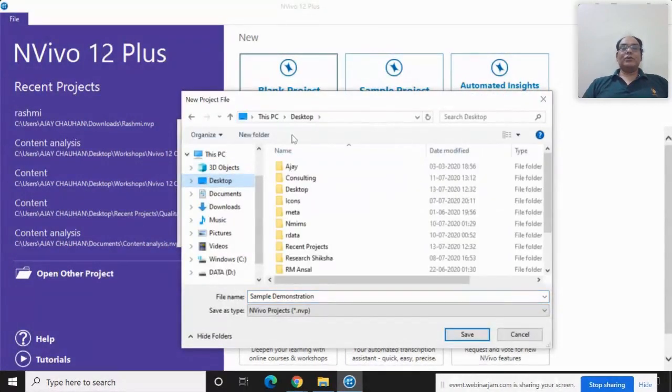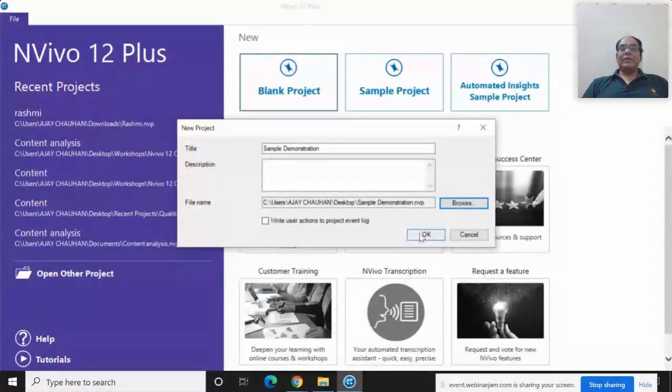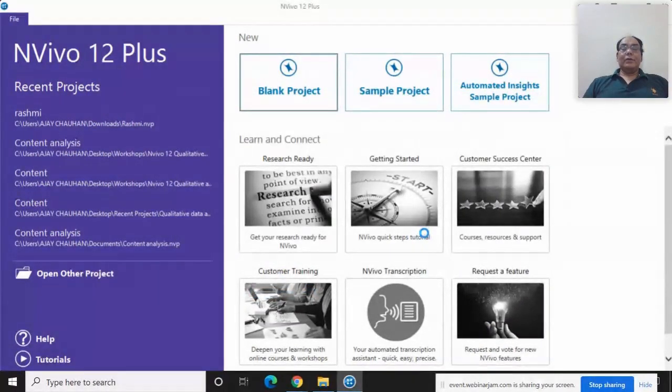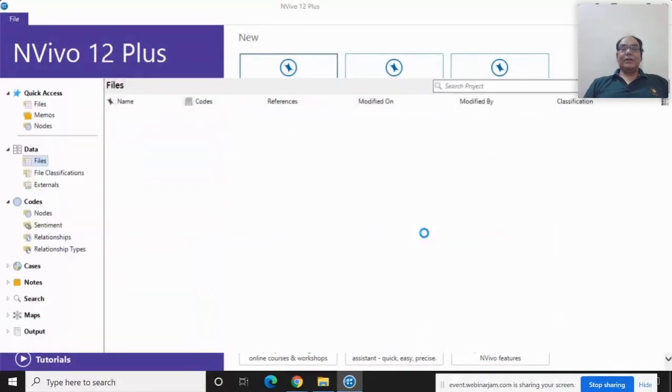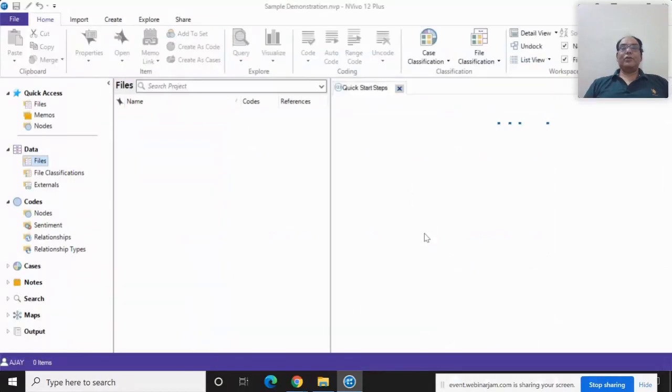I am giving the location of the desktop, and once you define it, you cannot change its location, so you should be very careful in defining the location of the project. So I am defining the desktop as the default location. After that, you click OK. After clicking OK, you can see the front page of NVivo.